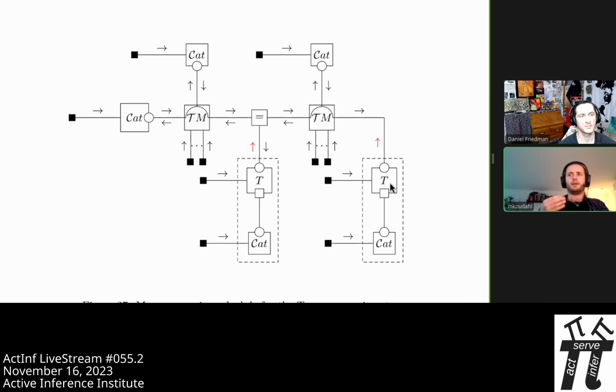And again, one of the contributions here is that because we do this backwards smoothing sweep, we don't have to do a forward search tree. Around each of these nodes, all we have to do is care about a message flowing in here, and a message flowing in here, and then we can do our inference. It also means that every time we add a time step, if I were to take this one and extend it once more to the right, I wouldn't have an exponential explosion. I would have to evaluate the messages flowing around inside one of these slices once more. So we need another backwards message, another backwards message, another forwards message.